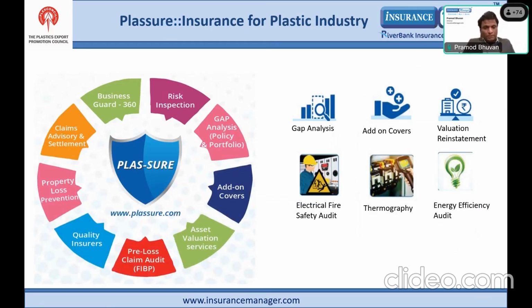Right. So what we bring to the table, before I hand over to Sachin. One of the USPs is that we help you in gap analysis and audit of your existing insurance policies to identify if there is any flaw in the policy, any error, or omission of clauses. Like very frequently we have seen the reinstatement value clause missing in the policies, or maybe we also help you present what kind of forward or upgraded versions are available for your products. Second, we have got some very specific industry relevant add-on covers like spontaneous combustion, static charge, and miscellaneous assets which are not capitalized, which again can be covered under our policies.